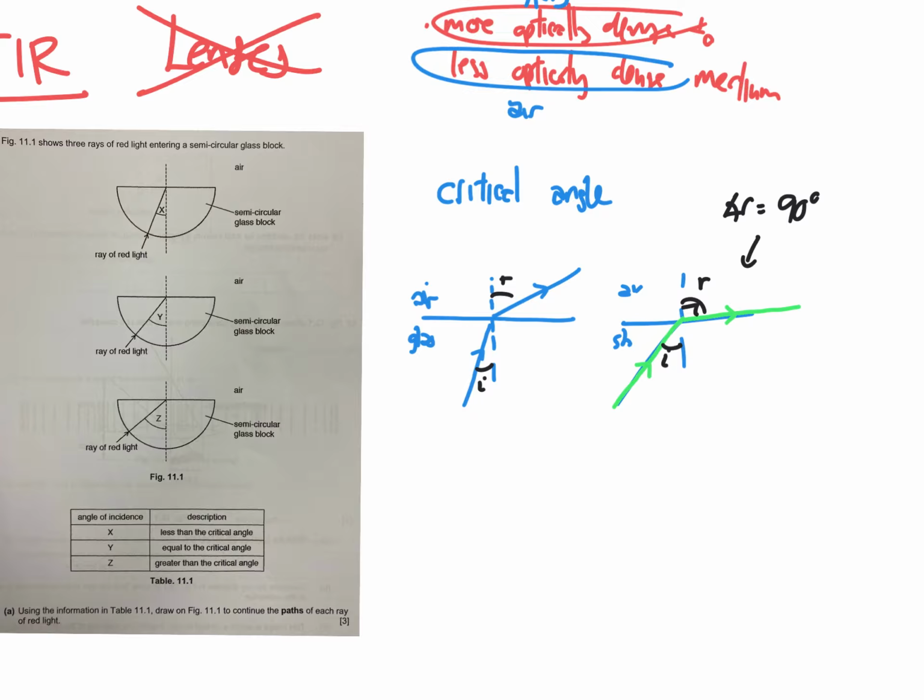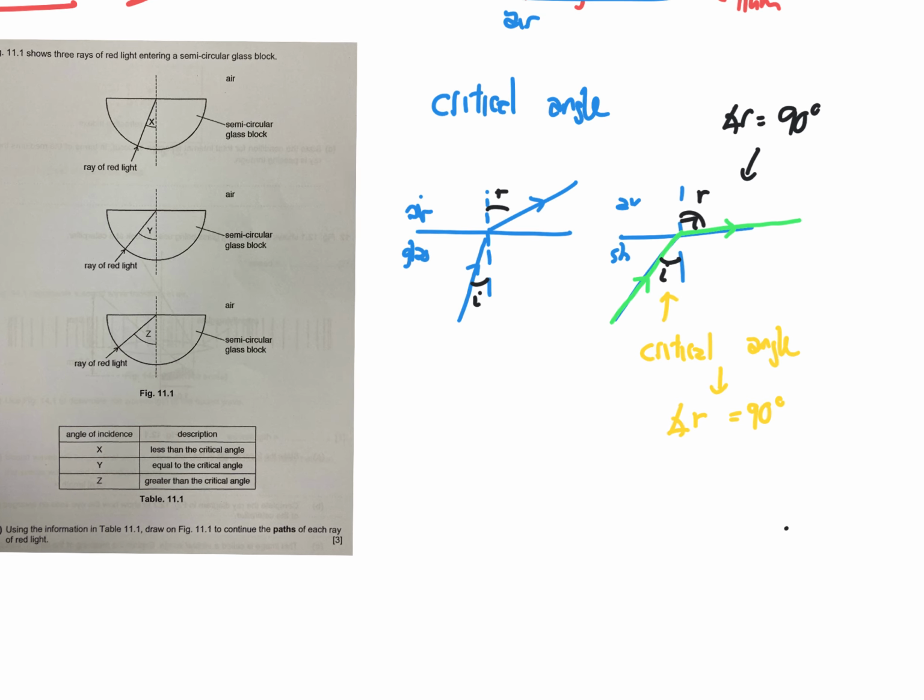So now there's this angle, therefore, angle I. This is a special angle. This angle I is known as my critical angle, because at critical angle, what happens? When I am at critical angle, at that angle, my refraction would be 90 degrees. What happens once I get past this critical angle? If I go beyond my critical angle, it's like the limit. Once I go past that limit,